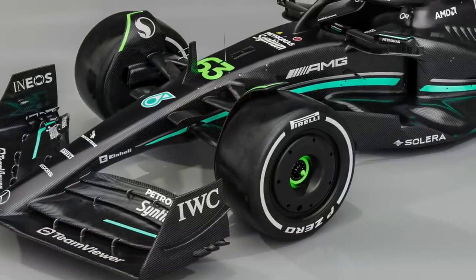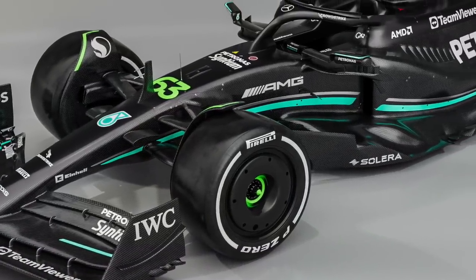The much awaited new Mercedes, they could have gone any number of routes, I guess. They could have gone the Red Bull route. They could have stayed where they were with that philosophy and developed it based on the back half of 2022. What do we see? Well, the summary is, if you first look at it, I think